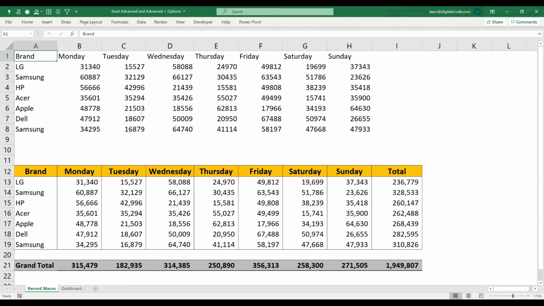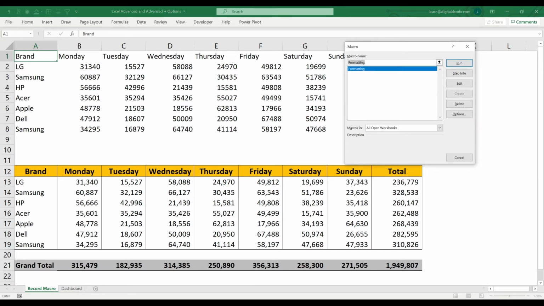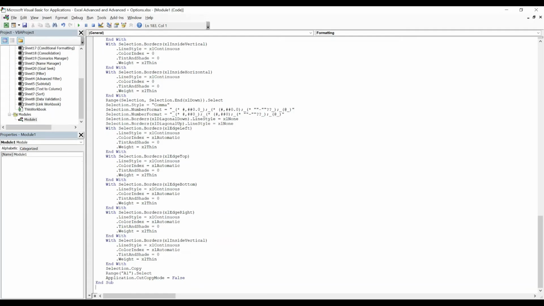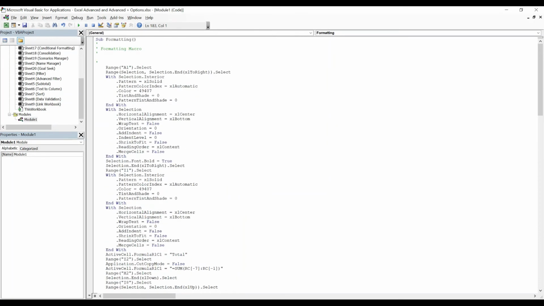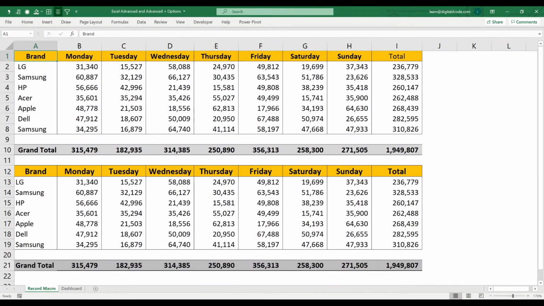So now I'm going to run the record macro which we have created now. So press Alt F8 to go to the macro. So you will have all the macros. Once you press Alt F8, click the formatting macro, then run it. See, now you got it within a second. The reason is, whatever steps we have done already, they are stored in the backend. So this is the record macro, so you can use it for the basic things. In case the format changes even for a small item, then the macro will not work.